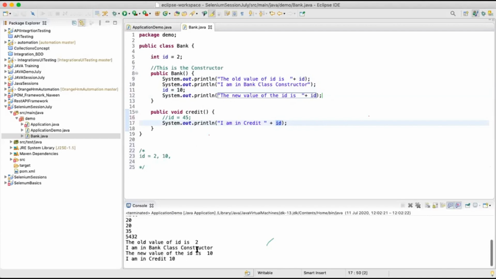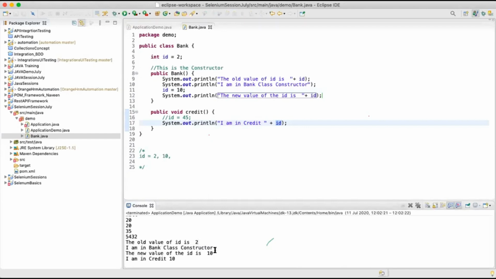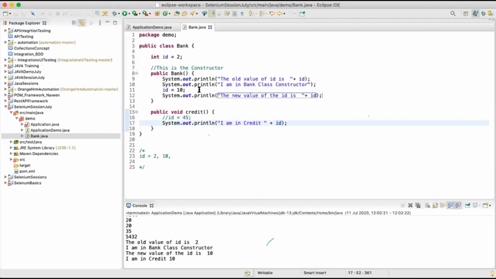I am in bank class constructor. So first it is printing the old value of ID is 2. Then it's saying I'm in bank class constructor. The new value of the ID is 10. I'm in credit 10. It will not always pick the ID from the constructor, guys. Make a note. If I update this value over here,